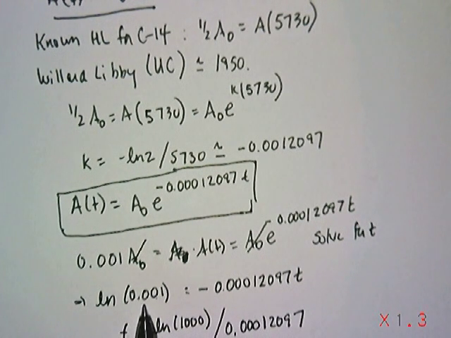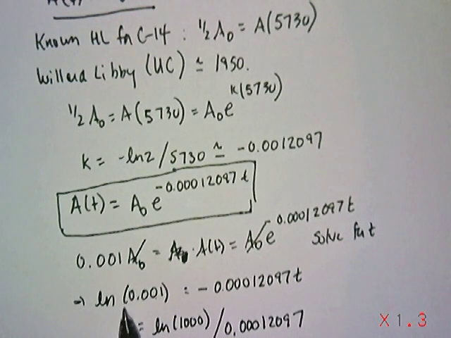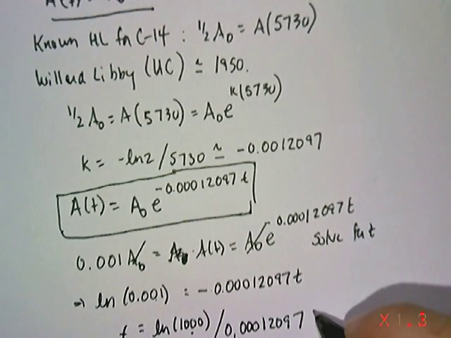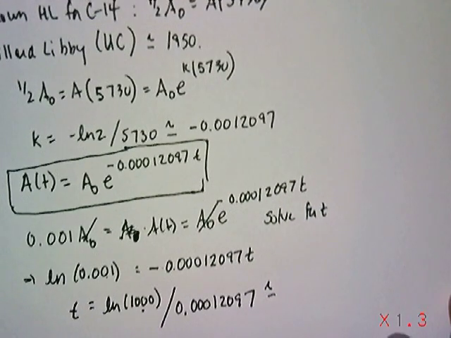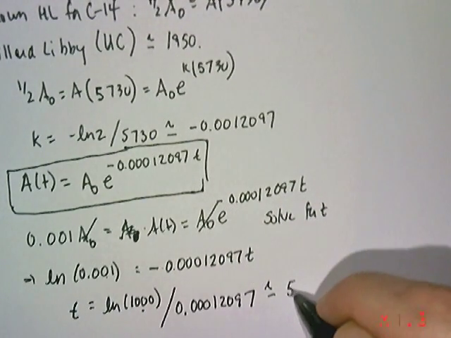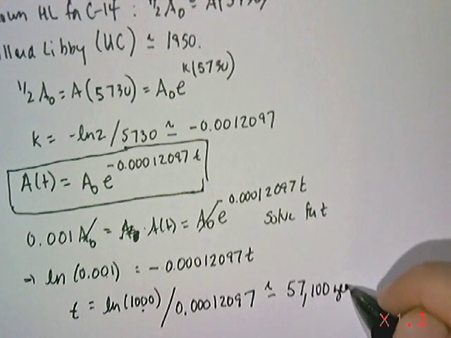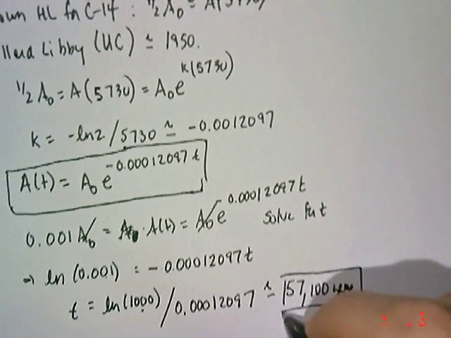Looking at the fact that this will become the same thing as 10 to the minus 3, that'll be negative ln of 10 to the 3. There's your 10 to the 3. The negatives will cancel out, and we'll get this. And the approximate age of the fossil is 57,100 years. So with that trace of carbon-14,